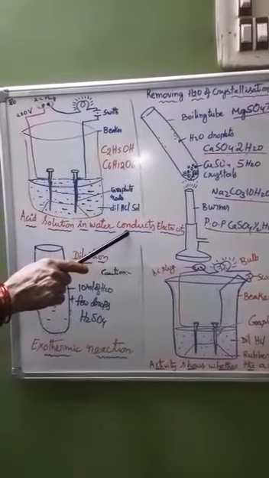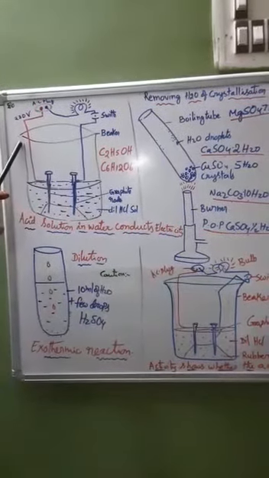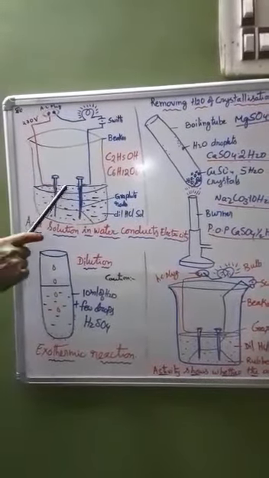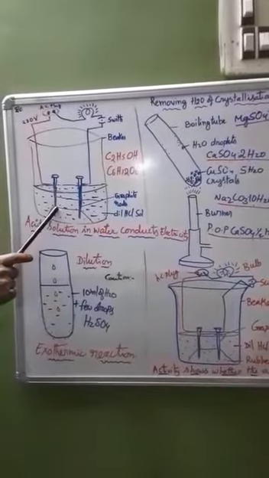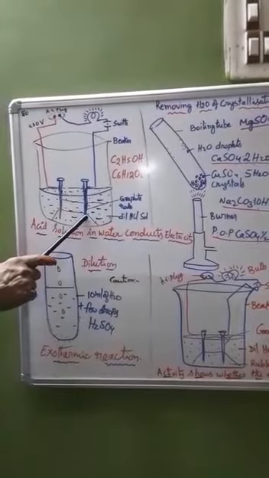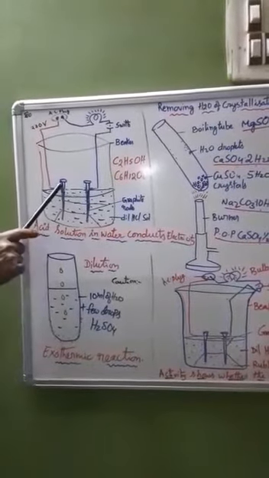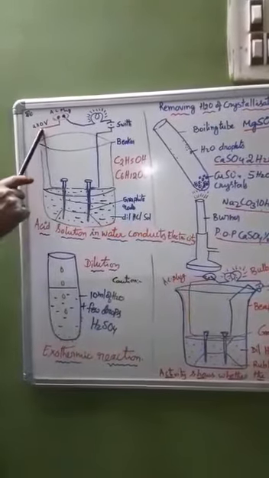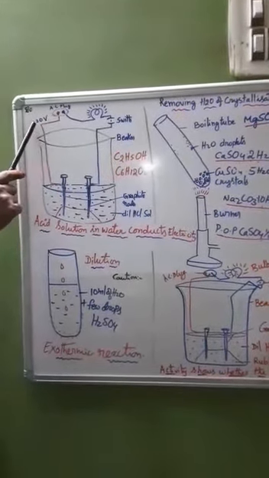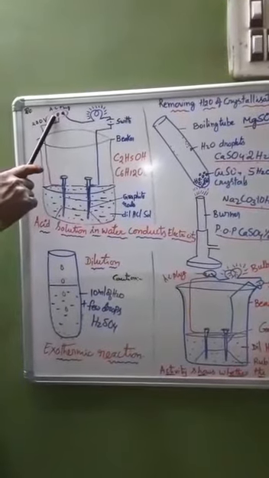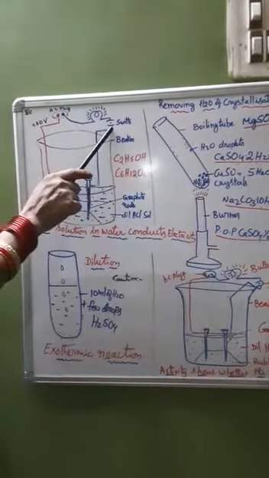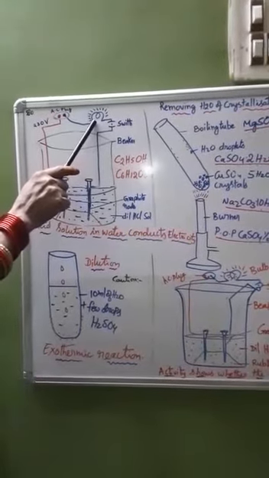It can conduct electric current. To know about that, let us do one activity. Take a glass beaker and two graphite rods, and with the help of a rubber cork, dip them in the dilute hydrochloric acid in the beaker. Two different colored wires are to be taken. One is connected to the 230 volts AC plug and the other wire is connected to the other graphite rod, and a switch and a 100 watts bulb.